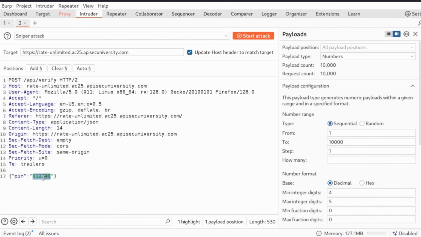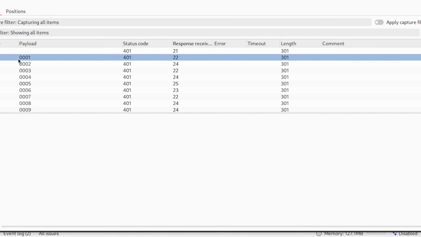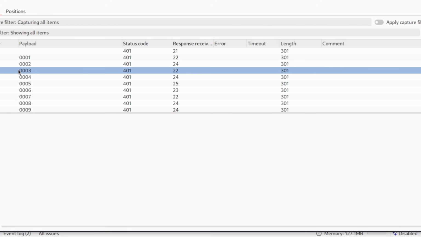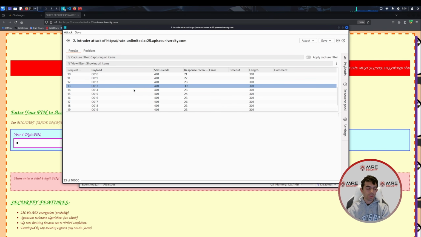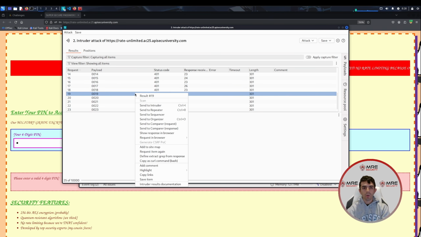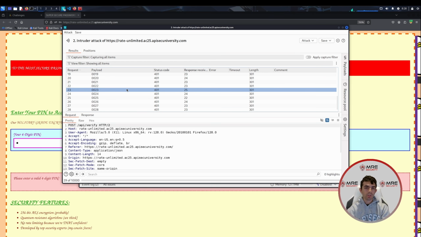Make sure that the symbols are in between both the quotes, so that way it hits the PIN. And then you can just click start attack. I do not have the Pro Edition on my Kali, but as you can see, the payload is 0001, 0002, and it's just going to go down and do its thing. Now, this is definitely a slow way of doing it. So unless you have Pro, I would not recommend doing it this way, but you can also use a